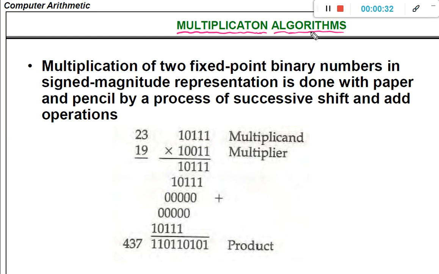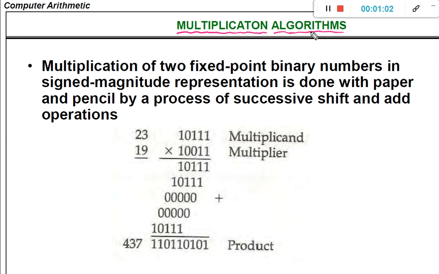One is for the signed magnitude representation, another one is for the 2's complement representation. In case of the multiplication algorithms also, we are going to see two algorithms.